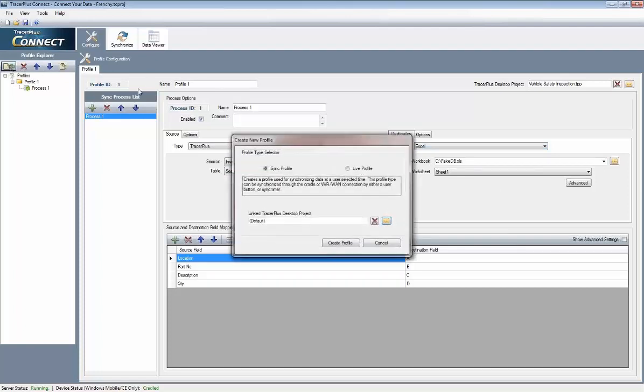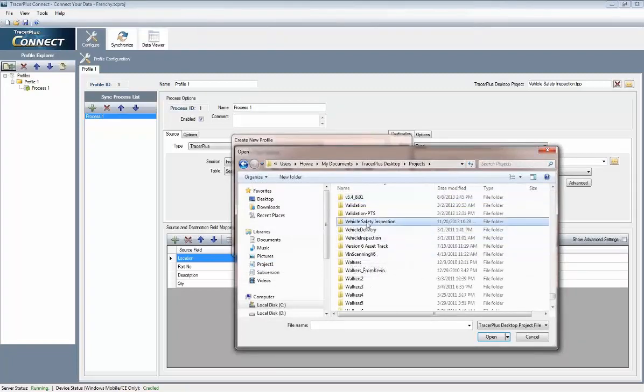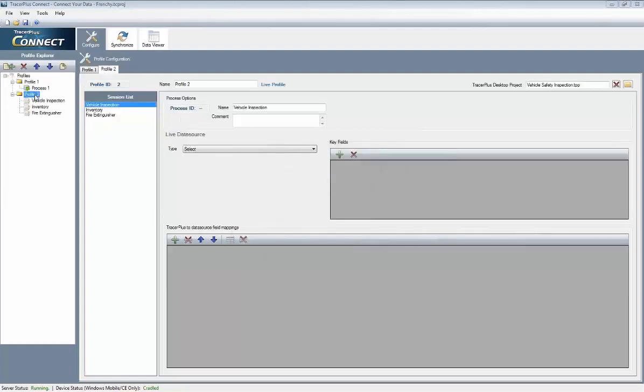If you wanted to configure a new live profile in TracerPlus Connect, you would create a new profile, make sure it's a live profile, select the same project that you were working on in TracerPlus Desktop, hit Create Profile, and now I have what's called a live profile. And a live profile is a little bit different in your configuration. You're selecting only the live data source. The live data source is basically the Excel workbook or the ODBC data table that you're using as your TracerPlus